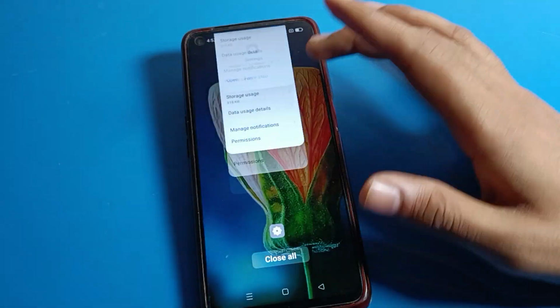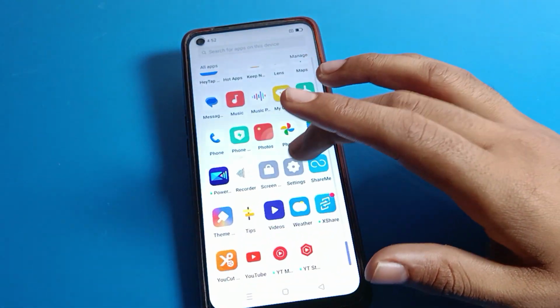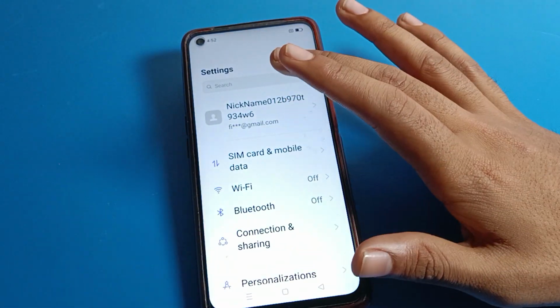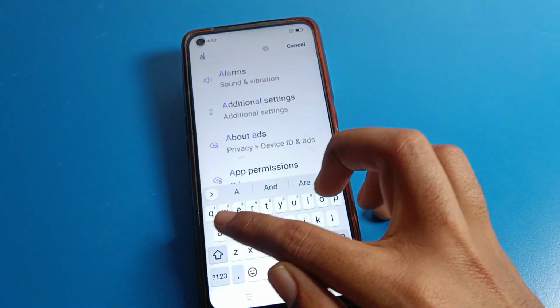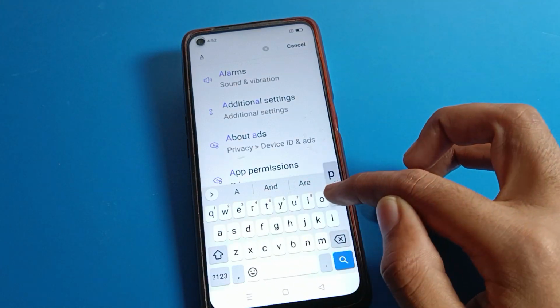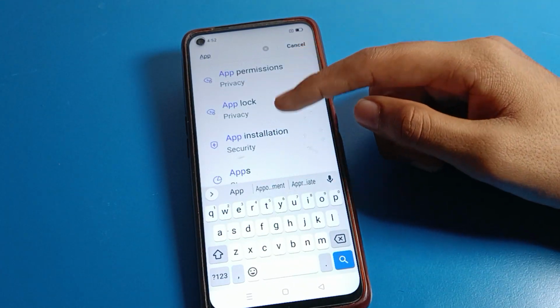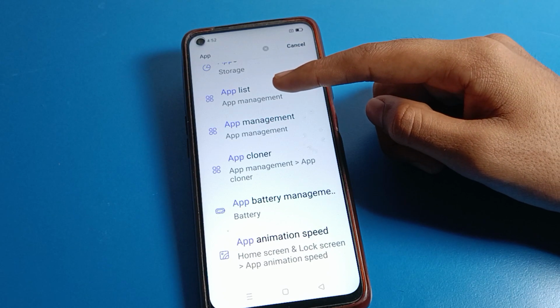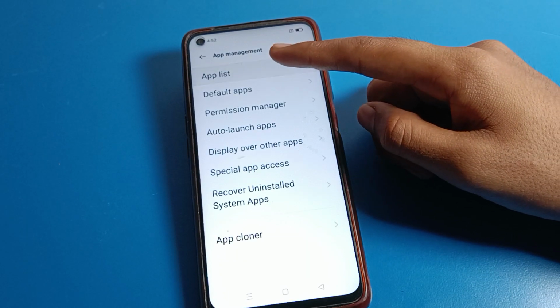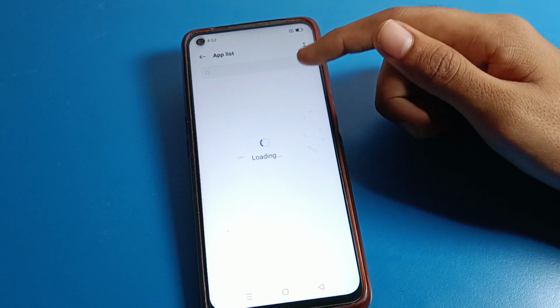Friends, open your phone settings. After opening phone settings, search here for app settings, app management settings. As you can see, there are app permission settings, app install settings, app management, and app list. You can click on app list settings directly, and then wait here